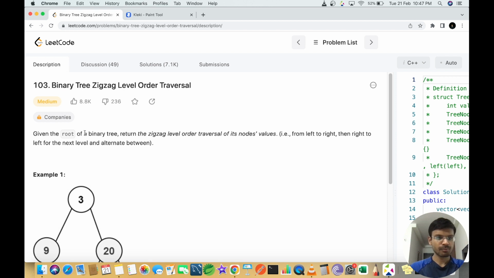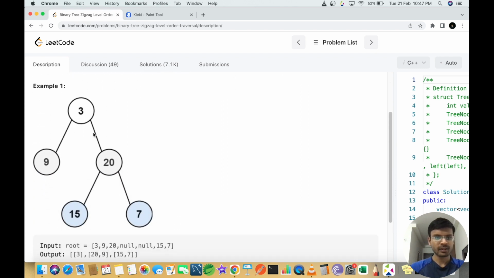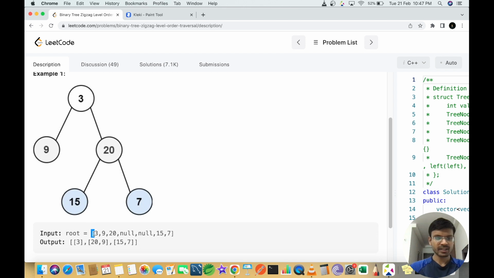Here, given the root of a binary tree, return the zigzag level order traversal of its nodes' values. That is from left to right, then right to left for the next level, and alternate between. So if we look at the example provided over here, we are given a tree. 3's left child is 9, right child is 20, 20's left child is 15, right child is 7. Right, so this is how the tree is presented to us, and finally what we have to return is